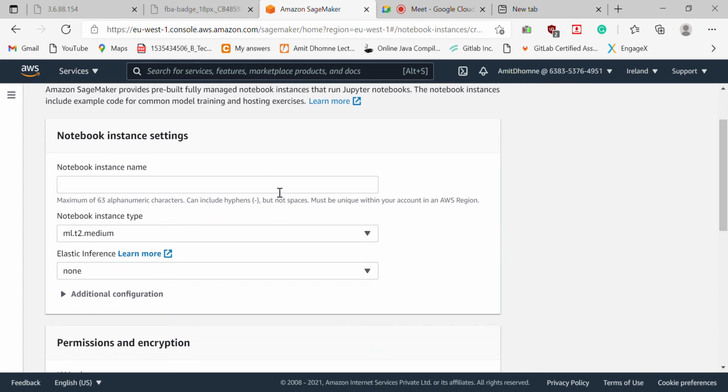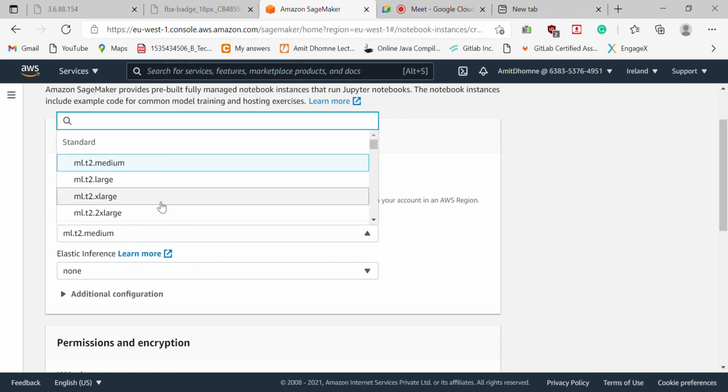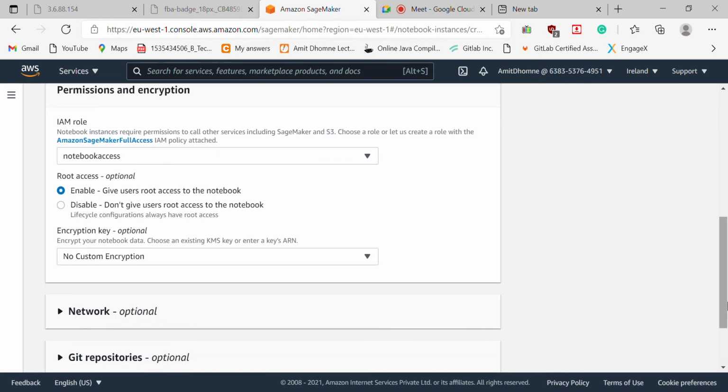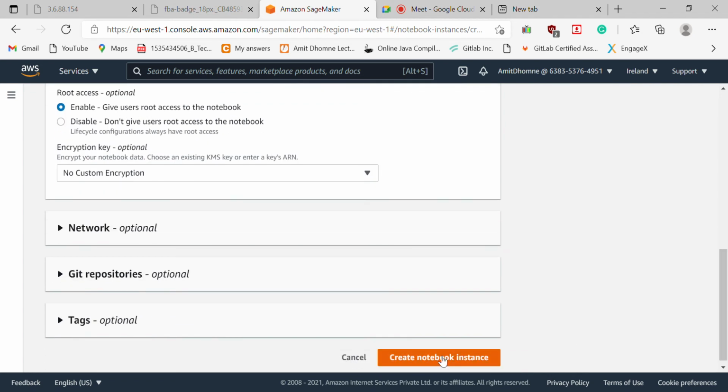Give the name here, any name you want to give. For example, COVID-19 data analysis project. This will be your instance name. Then, based on the notebook instance type, you select whatever you want, and you just have to click on create notebook instance. Once you click on this, your instance will be created, and then you can run your machine learning code